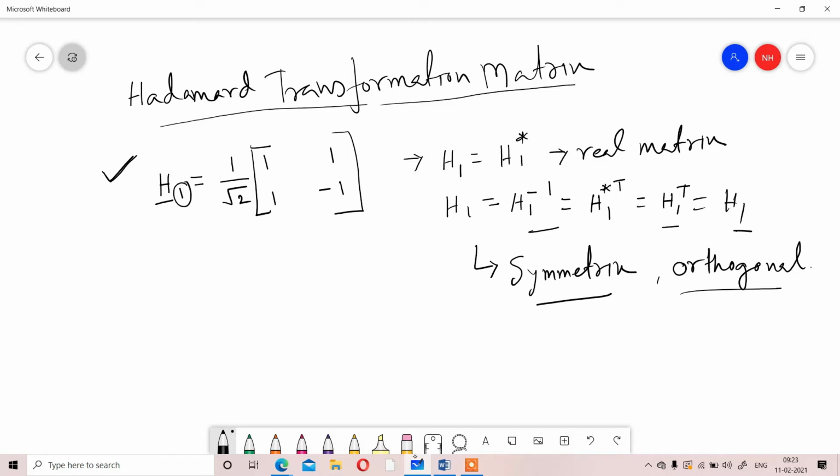So as a result, the main formula that we have used till now, that is V equal to A U A transpose, and U equal to A transpose V A. In that main formula, what can we write? It will be U equals A inverse V. Yes, that will be V.